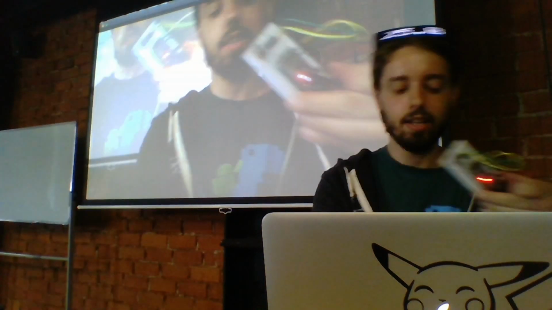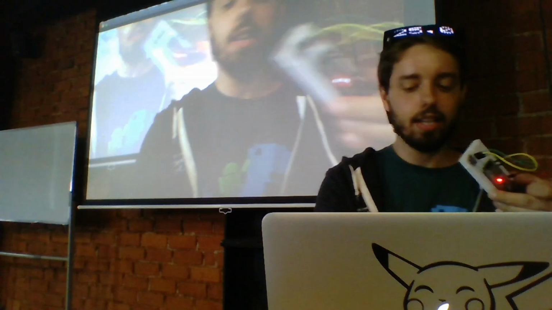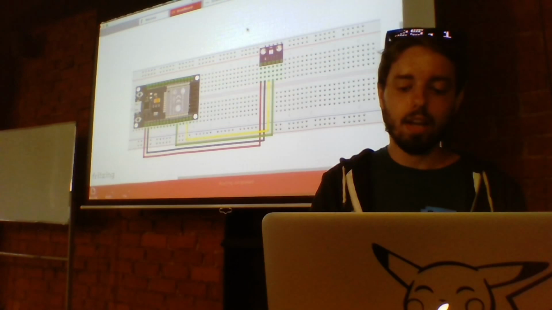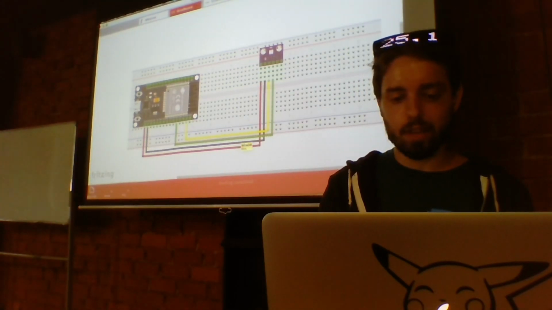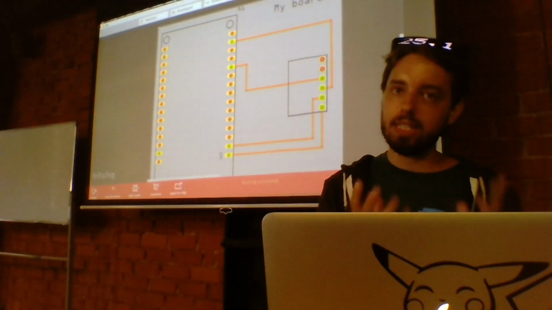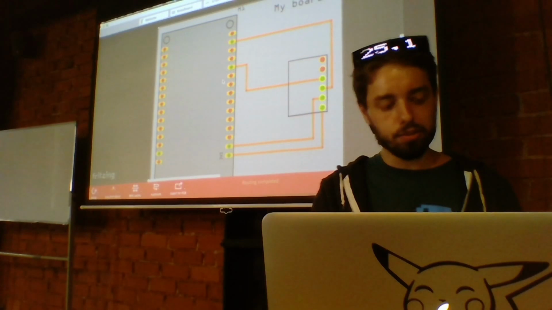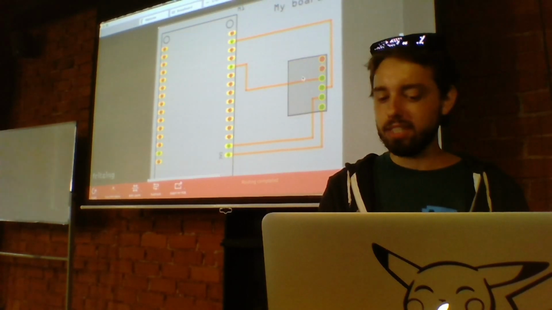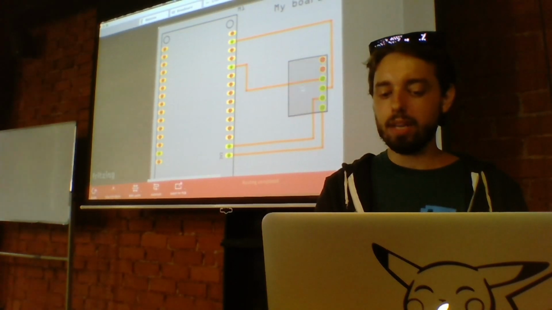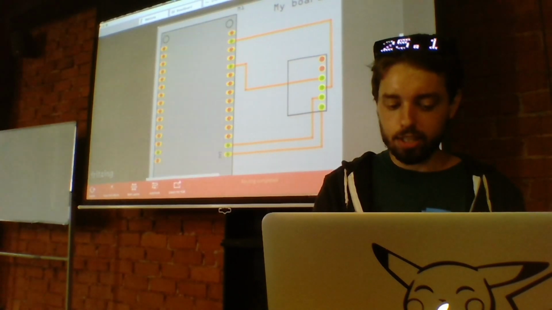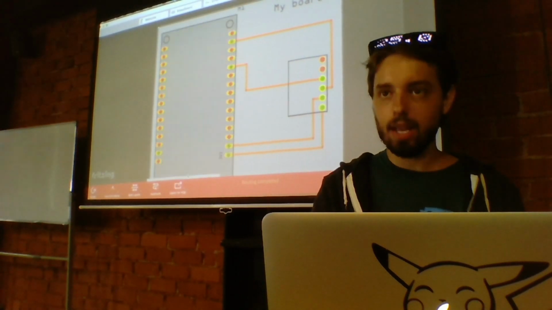And earlier I showed you Fritzing. Fritzing is a tool where you just have to drag and drop components, and you can do the wiring. What's good with Fritzing is you actually have a PCB tab here, and when you click on it, it generates a PCB diagram for you. So this is the microcontroller platform, this is the sensor, those are the wiring, and it generates a PCB for you. Then you can click on this button, export for PCB,